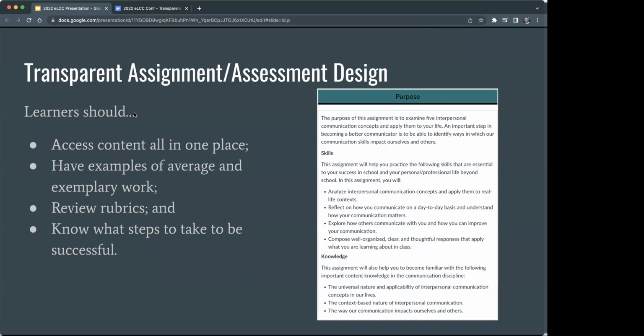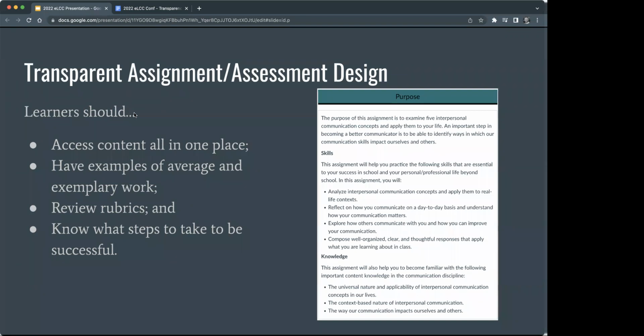So I've talked a little bit about these, where we know that learners should have access to content all in one centralized location. And this is something I really emphasize, when I'm doing my instructional designer role, to the faculty that I work with: a student should be able to open an assignment, whether they're opening it in Canvas or on the LMS, or they receive it in a handout, and they should be able to have all of the information necessary for them to understand what is expected of them on the assignment